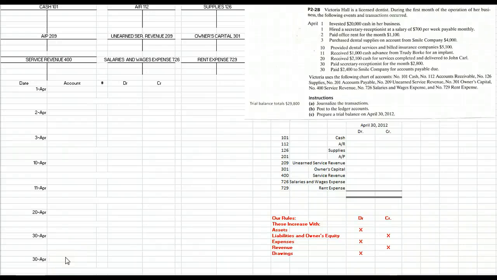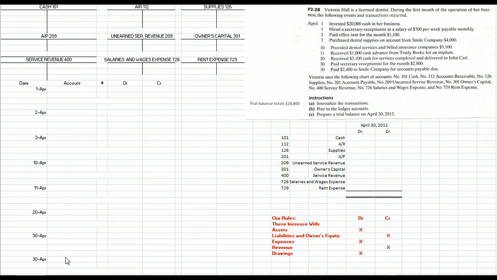Our textbook has two problem sets in each chapter, problem set A and problem set B, and the problems parallel each other. In chapter 2, problem 2-2A is assigned, but let's do problem 2-2B to help you get through the first 4 steps of the accounting cycle. And hopefully when you see us go through this, it'll make problem 2-2A a lot easier and a lot better